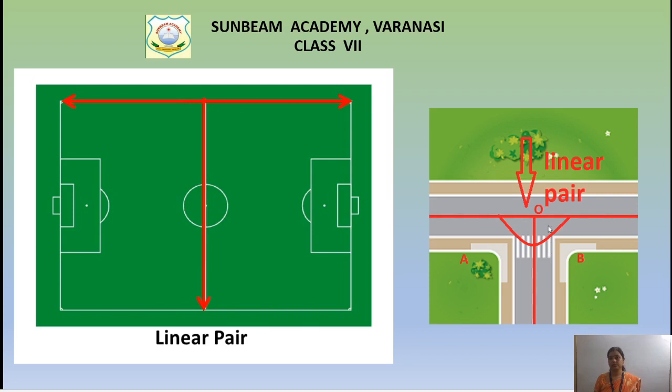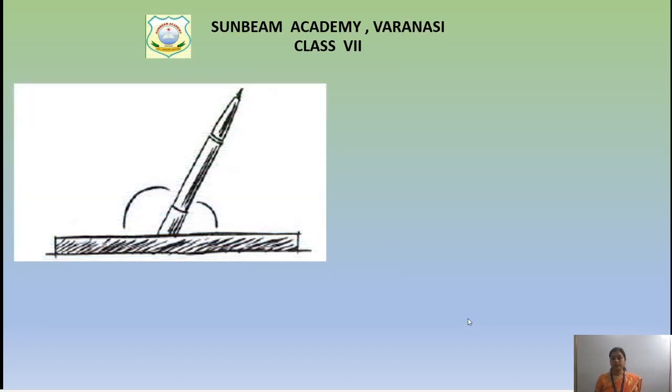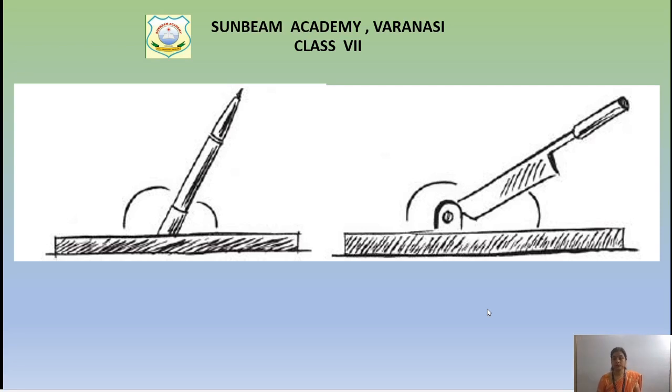See, here also it's a diagram of a road. In the picture of the road, you can see that the non-common arms are opposite rays. Now see this one, a pen stand, children. This is an example of what? Linear pair. Again, one such chopper board. This is an example of linear pair. There are two angles, making the non-common arms opposite rays. So it is making linear pair angles.